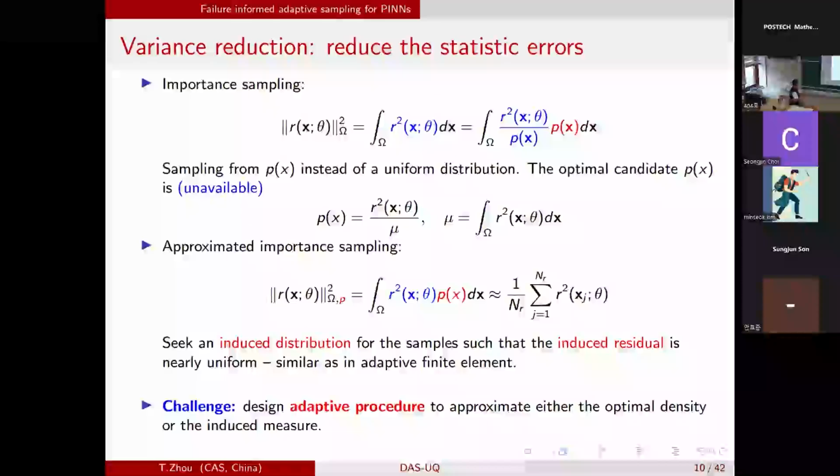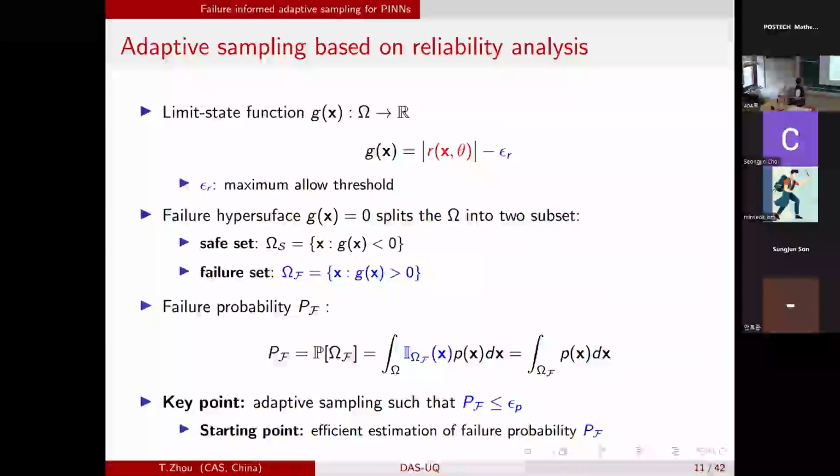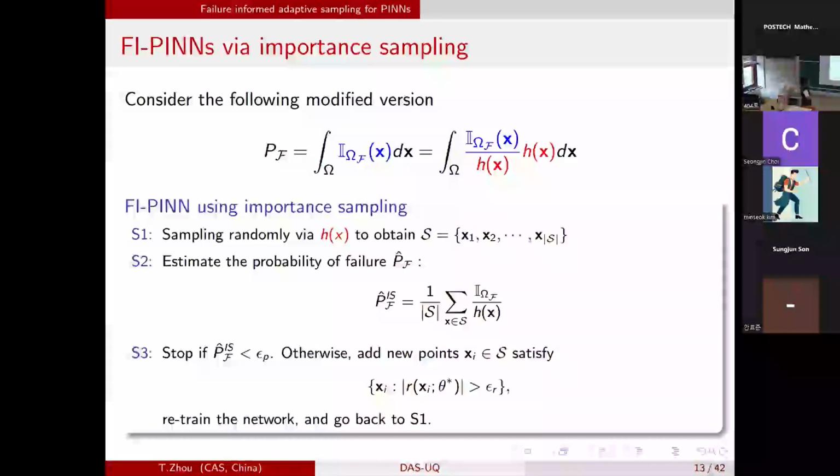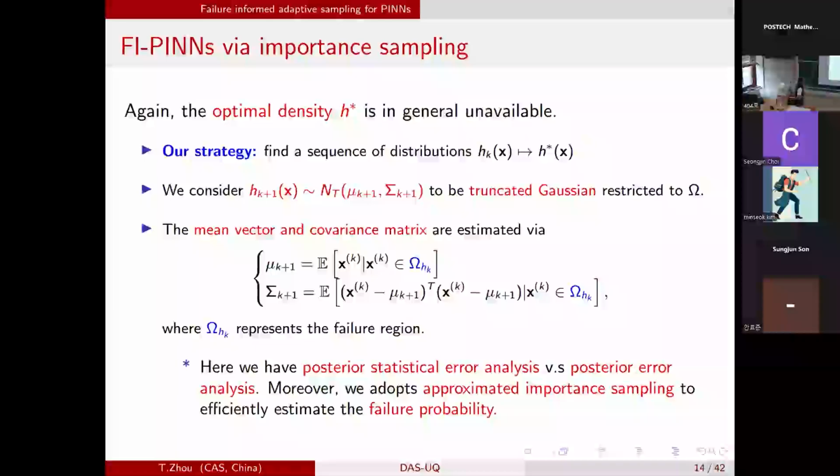But as I mentioned, if you want to use this optimal density, you have to use the full information of the current residue, which can also be very complicated. It is optimal at the current stage, but it's based on the whole information of the residue. You don't need to do this. Actually, you can do something in between. The optimal way is optimal, but it's very hard to compute.